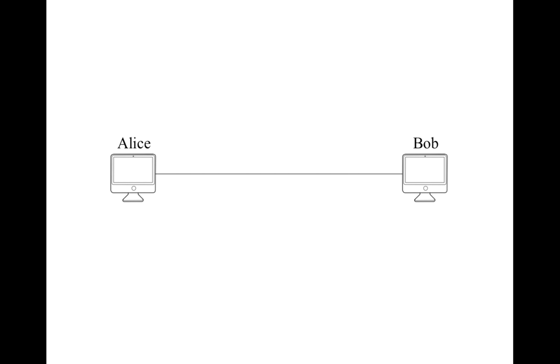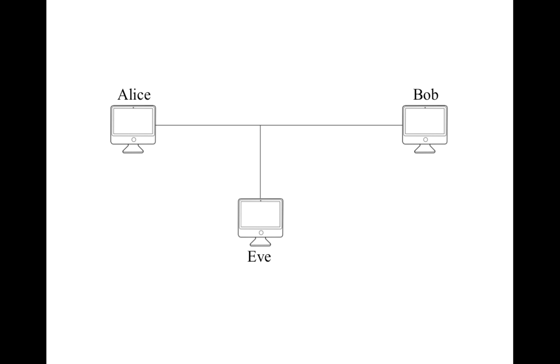For a technical look at how darknets work, let's take a look at why they're required. As an example, we have Alice, and she wants to speak to her friend Bob. So she starts a link between them and sends across some data, in this case just the word hello. A problem arises, however, when Eve here listens in on their communication. She can see whatever Alice sends to Bob. This is clearly a problem when sensitive data such as passwords are sent over the link.